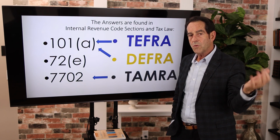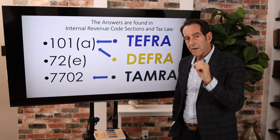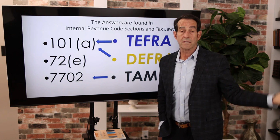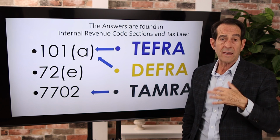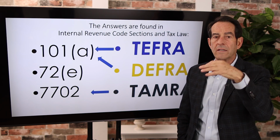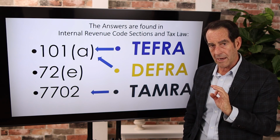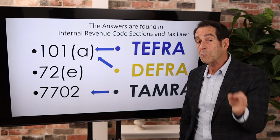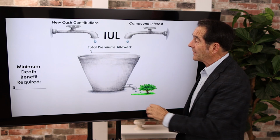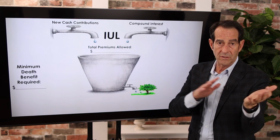They said if you want to take tax-free income, you cannot put in all the money all at once. If you do, it'll be tax deferred. But when you go to access money, it will be taxable, like an IRA or 401k or an annuity. If you want to have tax-free income, you have to comply with TAMRA. Well, from 1988 until December 28th of 2020, what that meant was, if you had an indexed universal life policy,